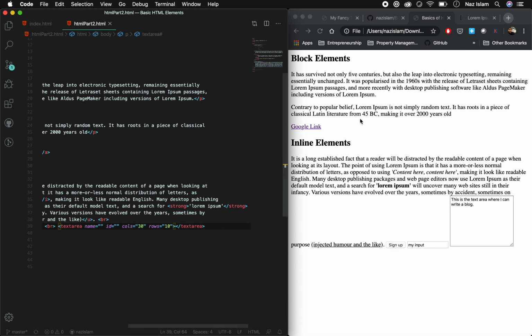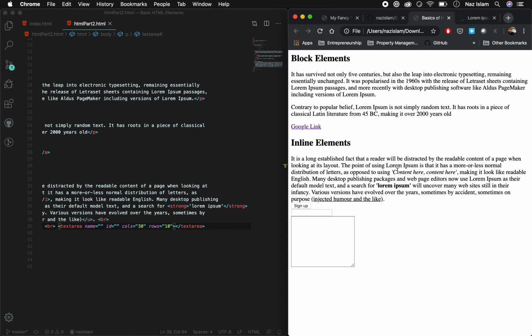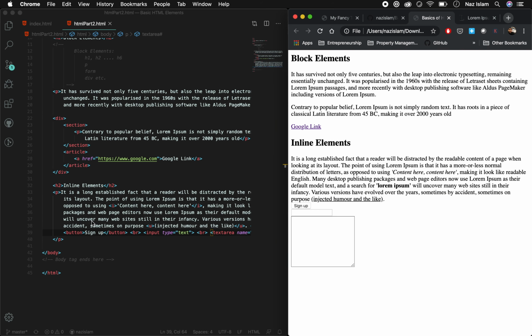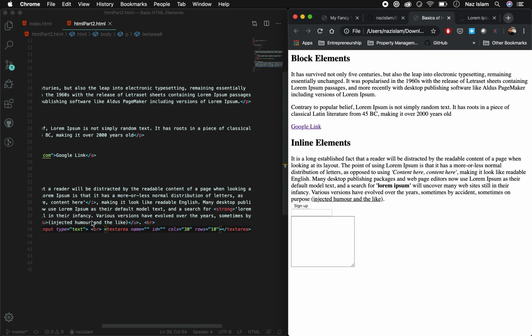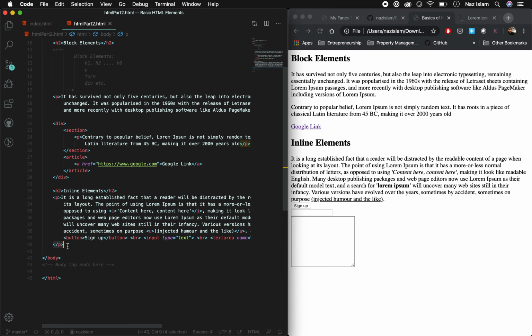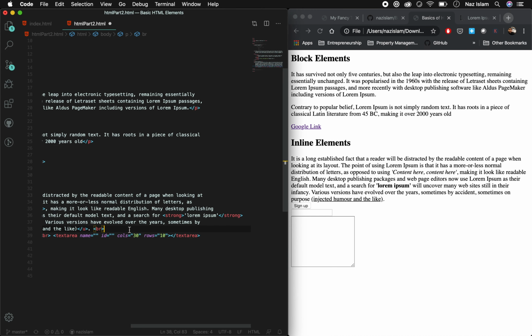Now if I save that and refresh this page, at this point you will be seeing that the sign up button shows up after this, even though the whole thing is a part of the p tag. This is where we don't want this to happen, even though this totally works for us. But for sanity purposes, what we can do is remove this break tag,